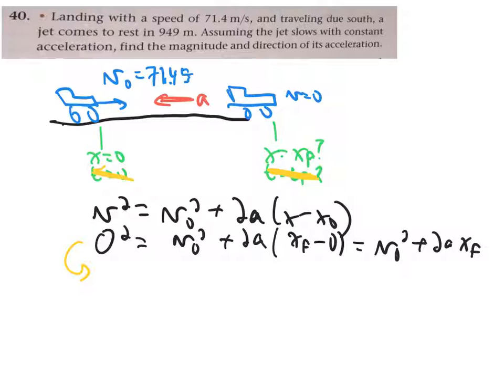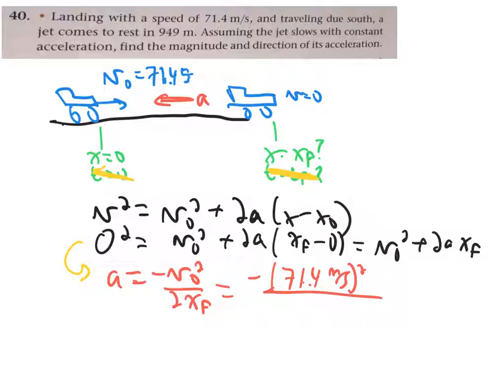That allows me to solve this equation to say that a is minus v0 squared over 2xf, or minus 71.4 meters per second all squared over 2 times 949 meters, which is